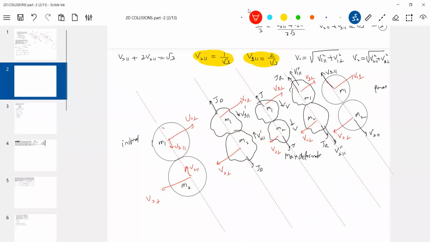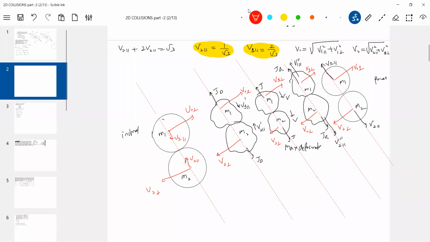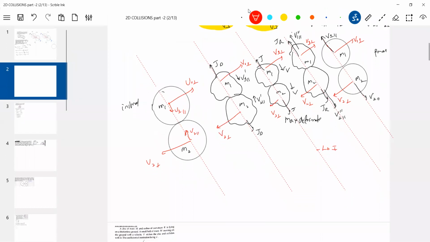I'm able to show only this much here. How to calculate that common velocity? We should apply, there's a line of impact. So I'll apply conservation of linear momentum. So applying conservation of linear momentum, M1 U1 parallel minus M2 U2 parallel should be equal to M1V